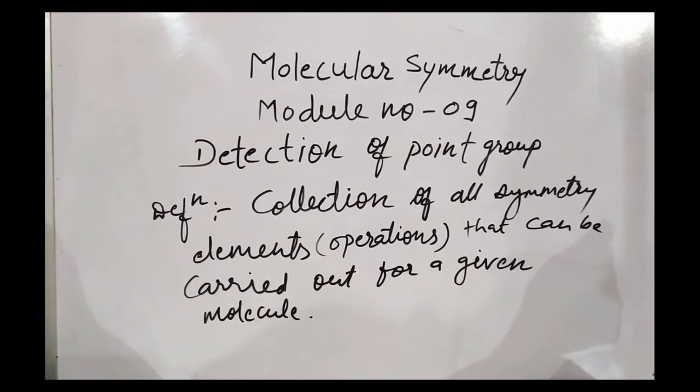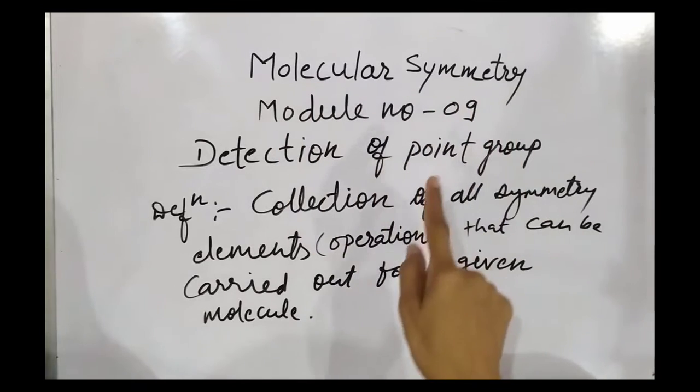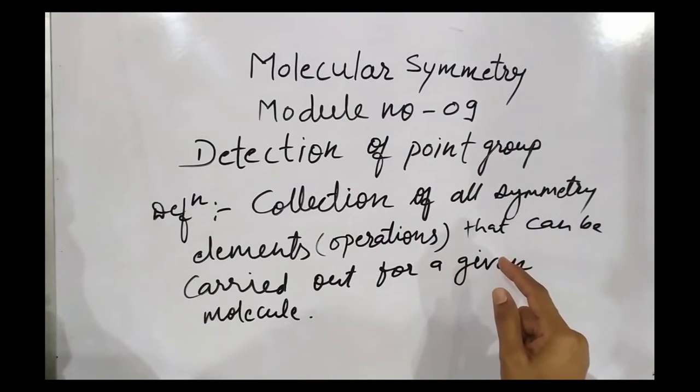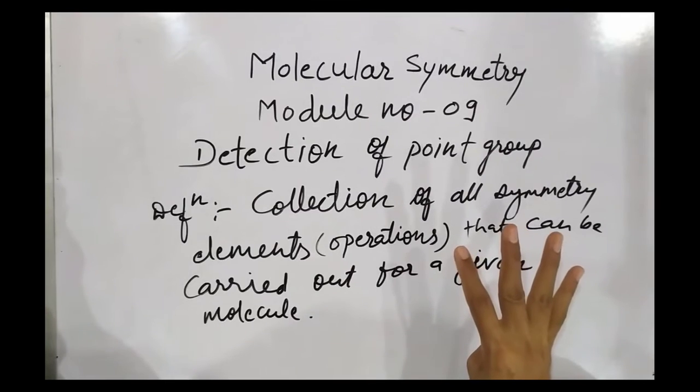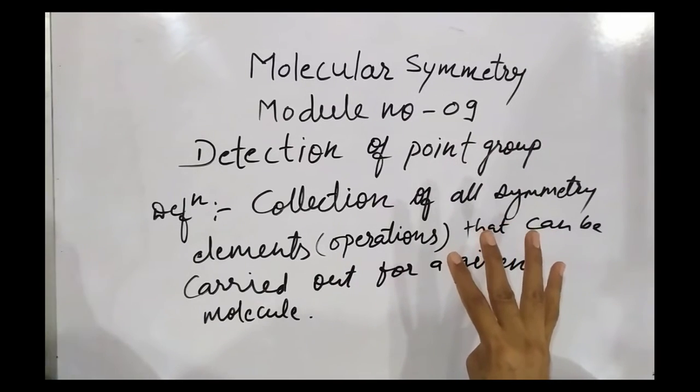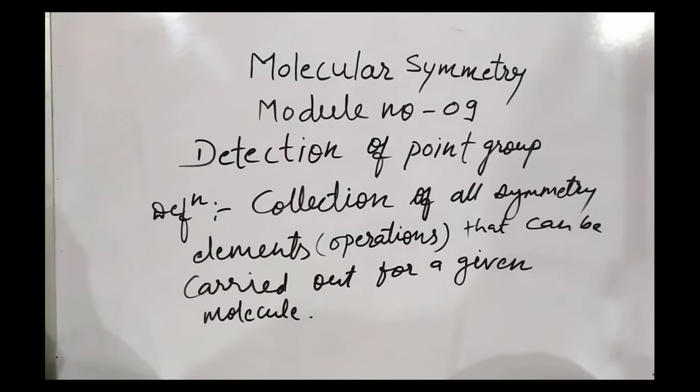Now for all the molecules that exist, there are in total 20 point groups in chemistry or in molecular symmetry, and all these 20 point groups are classified into 4 groups. But for your syllabus, you have a very limited number of point groups, hardly 6 to 7 among the 20, but the classification is the same. So these point groups are classified into 3 to 4 groups. Now we will see only those point groups which are given in your syllabus.